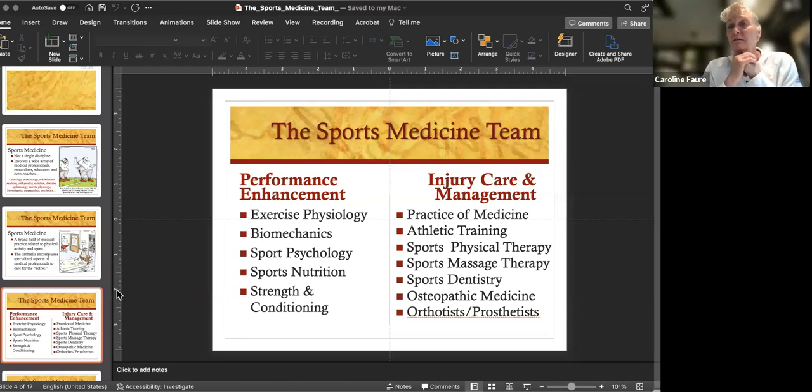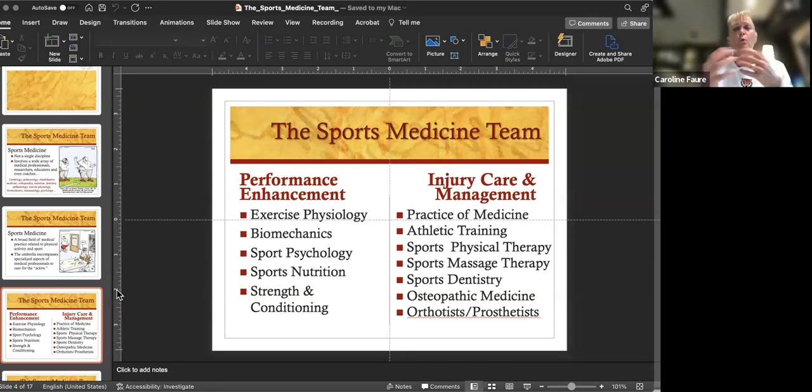The biomechanists deal with just the action of the sports skill itself. Think of throwing a ball, and we want our elbow coming back and reaching back and releasing it just at the right time in the deceleration phase to get maximum velocity on the ball. But not just that, bringing the elbow in to minimize the pressure on the UCL, or ulnar collateral ligament, so that these kids aren't at a greater risk of suffering significant elbow strains. So those kinds of things.